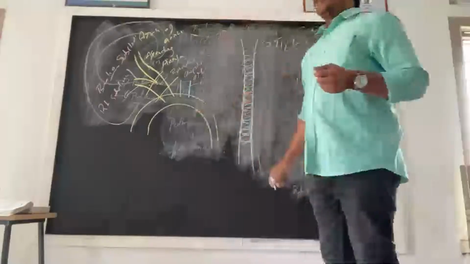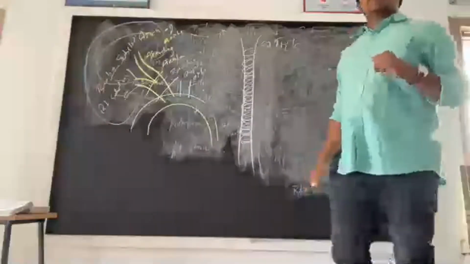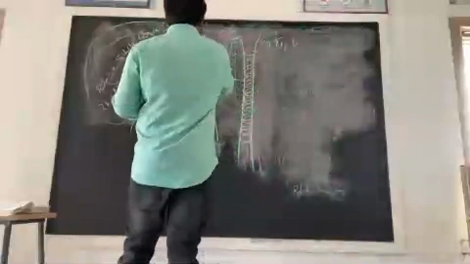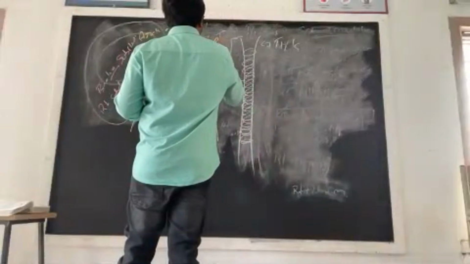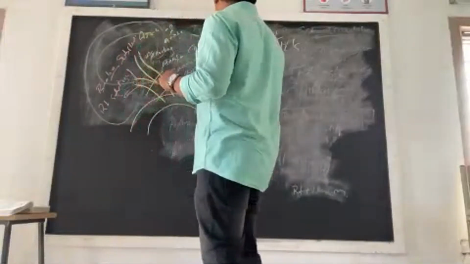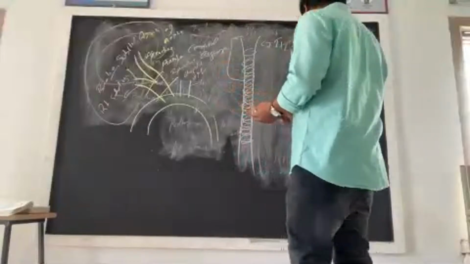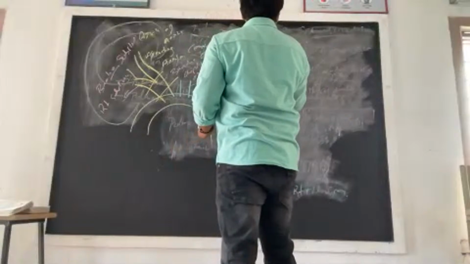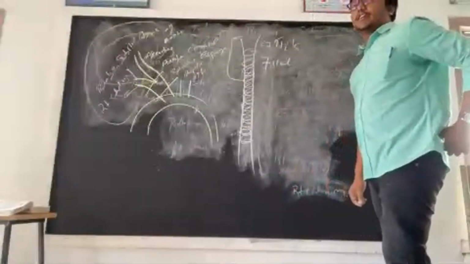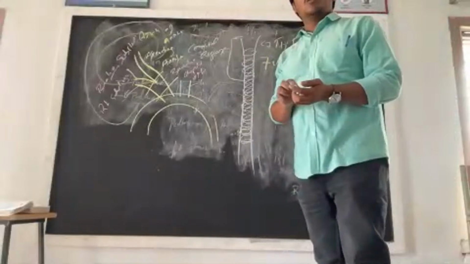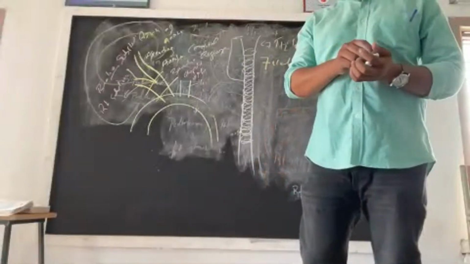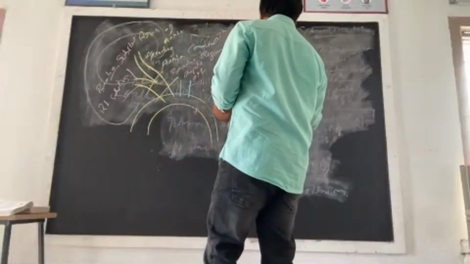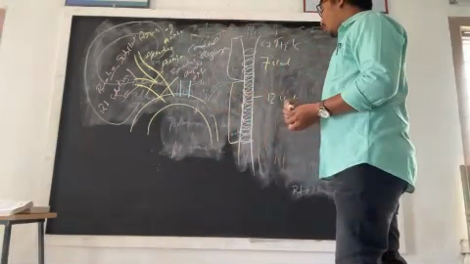Now, when you talk about the vertebral column, it is present in the cervical region. How many vertebrae are involved in the cervical region? We have 7 vertebrae. Now we have the vertebrae in the thoracic region. How many are involved? Here 12. 12 vertebrae. Now it is further extended